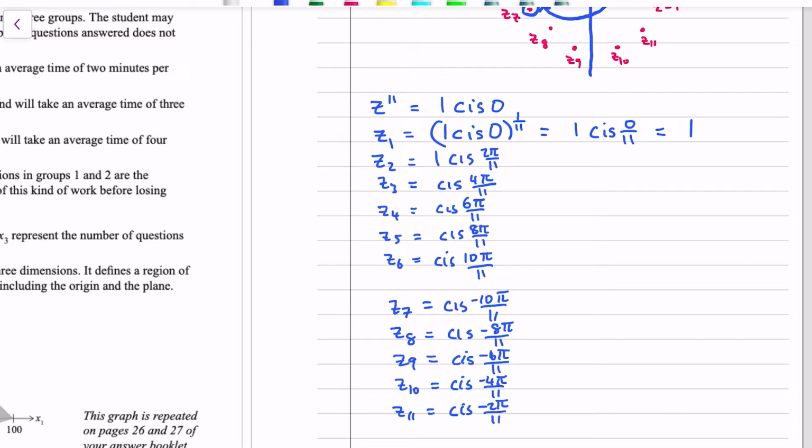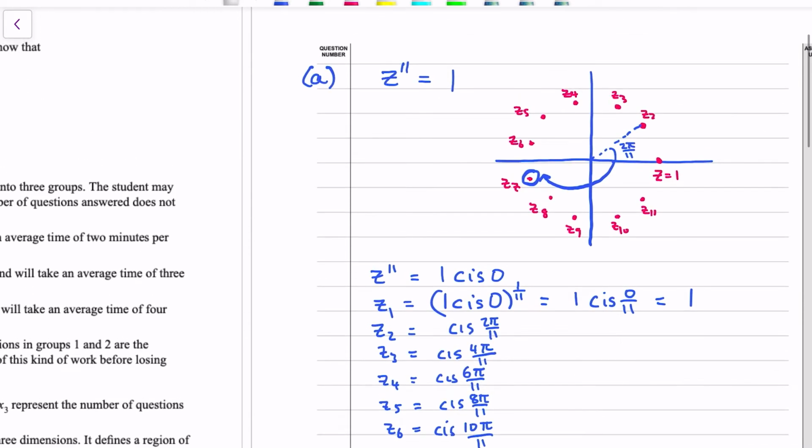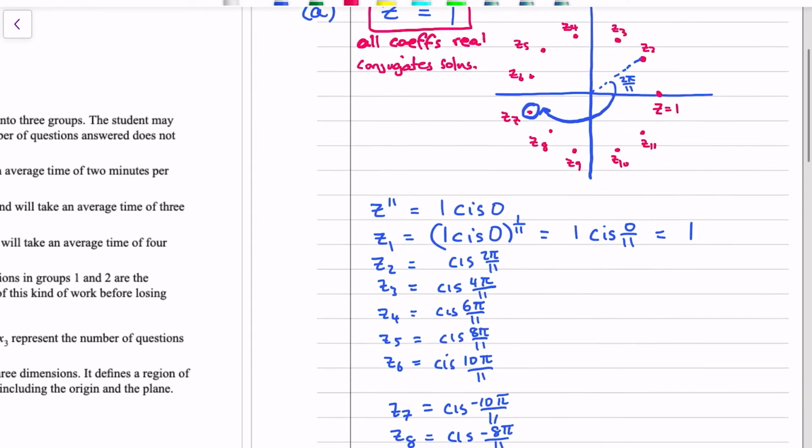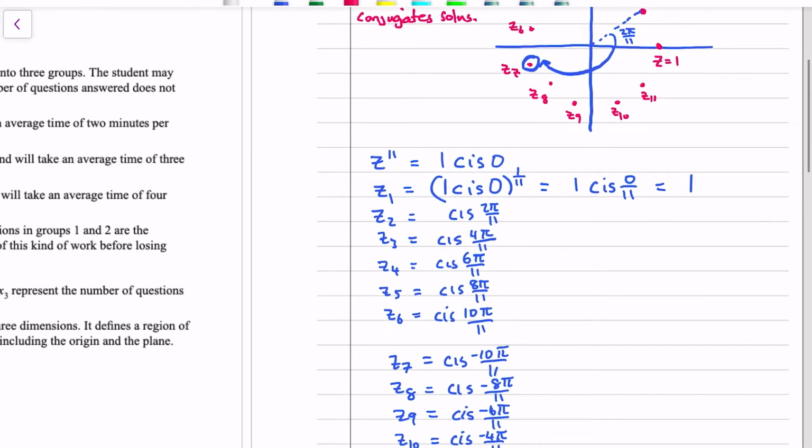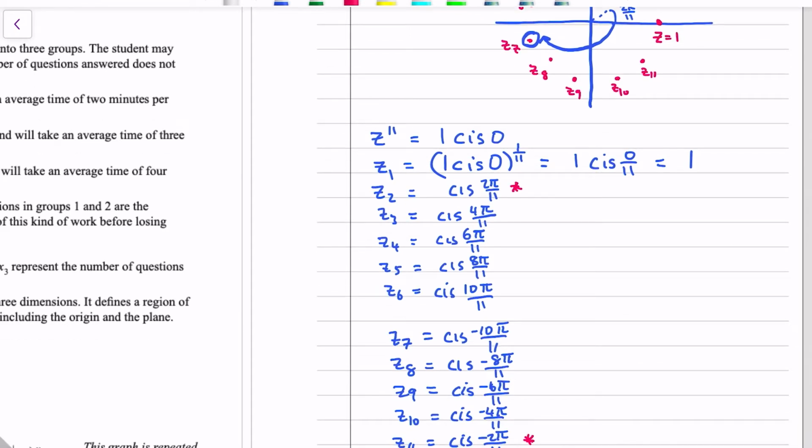Now the original equation had no imaginary numbers in it. Z to the 11 equals 1. All the coefficients are real. And that means that the conjugates will always be solutions. So you can see here that apart from the real number 1, which has got no mates, Z2, the conjugate is Z11. Yeah, they've got the same modulus, but their arguments are